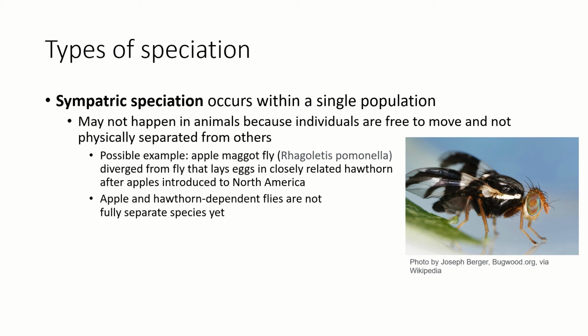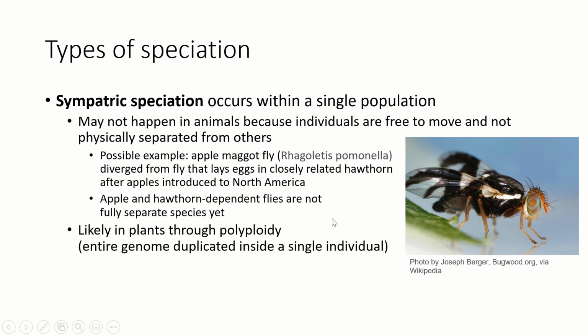So that would seem an obvious definition of sympatric speciation, but they're not separate species yet. And also, in the life of a fly, how big is a population? Like, what's the same physical space in the life of a fly is one of the things you have to think about. There's still an argument going on about this.